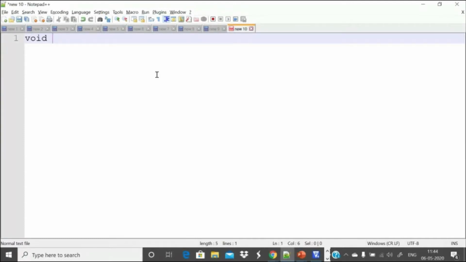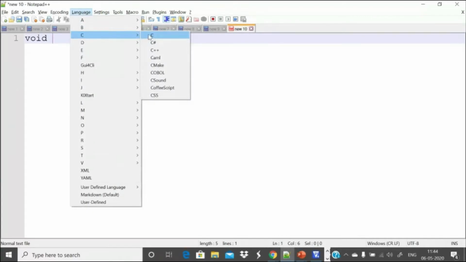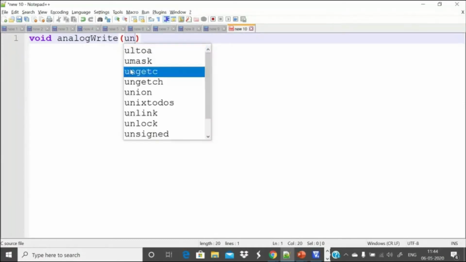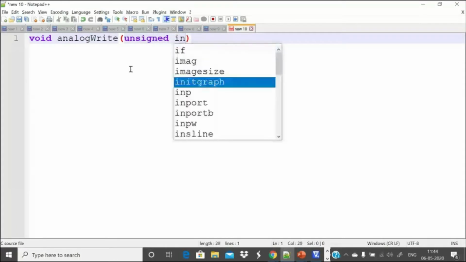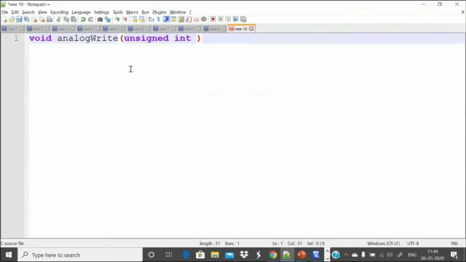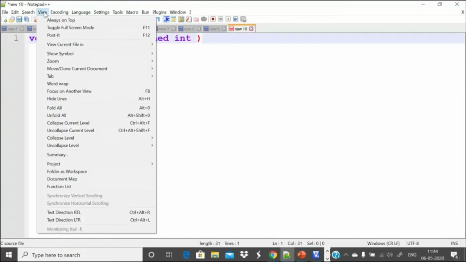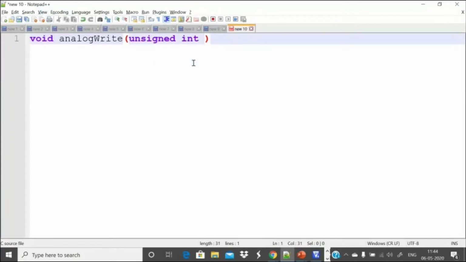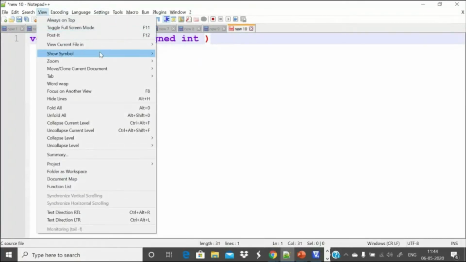So void, let us change the language, C. Void analog write, unsigned integer, I'll expand the size.